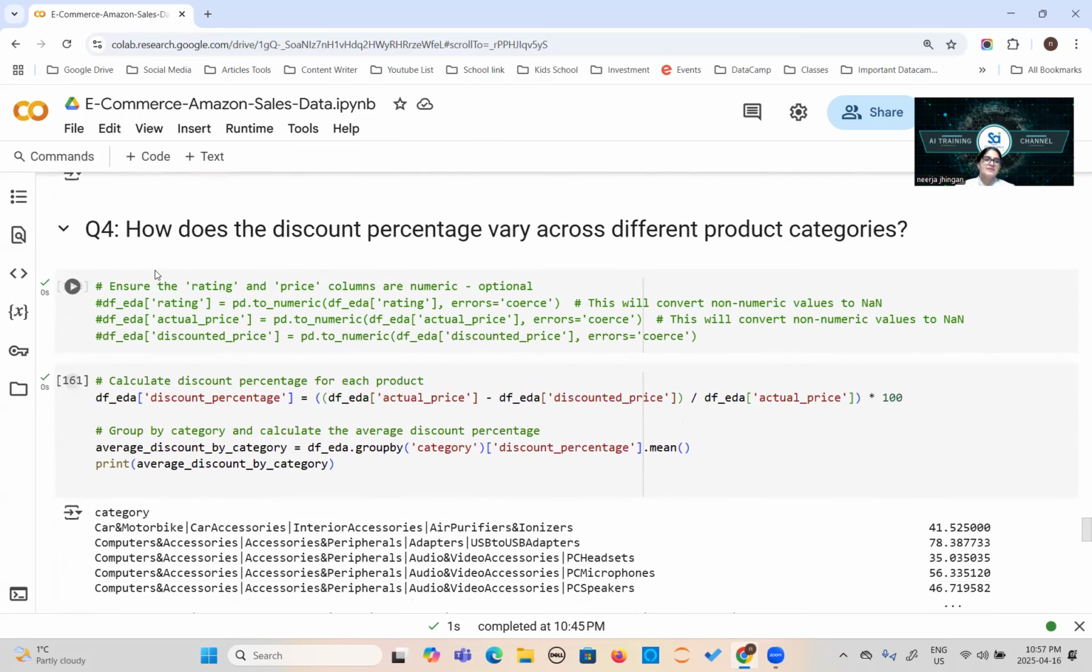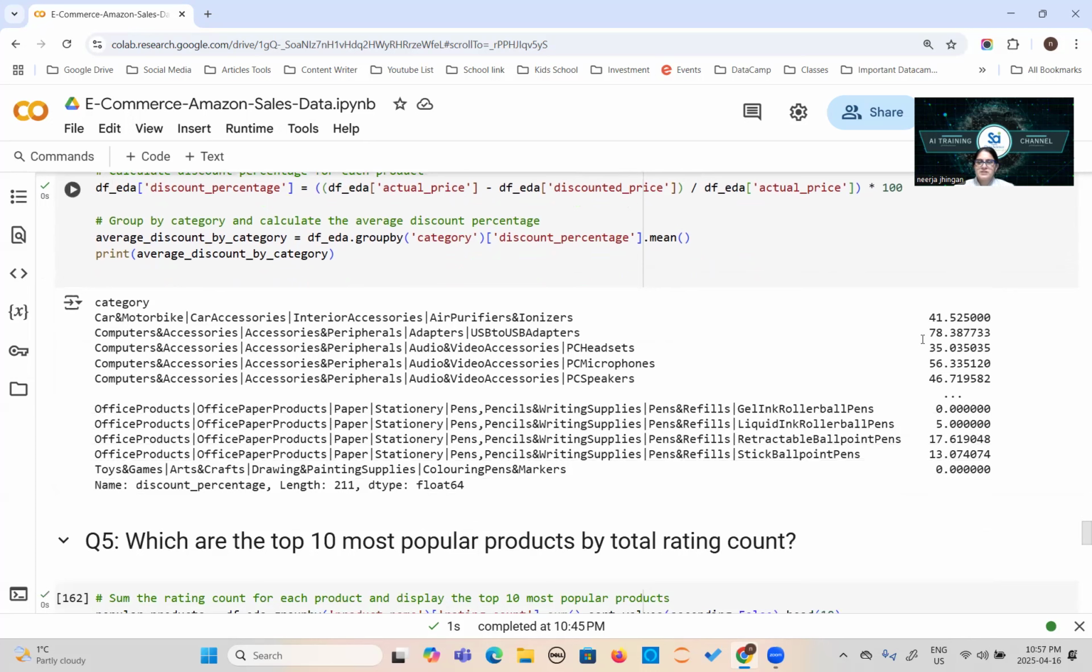Okay. And then the next question: how does the discount percentage vary across the different product categories? If you want to understand how the percentage varies across the different product categories, above we were just talking about numeric numbers. Here we are going to talk about the percentage. So now look at this, 41%, 78%. Based on that, again, I'm saying you